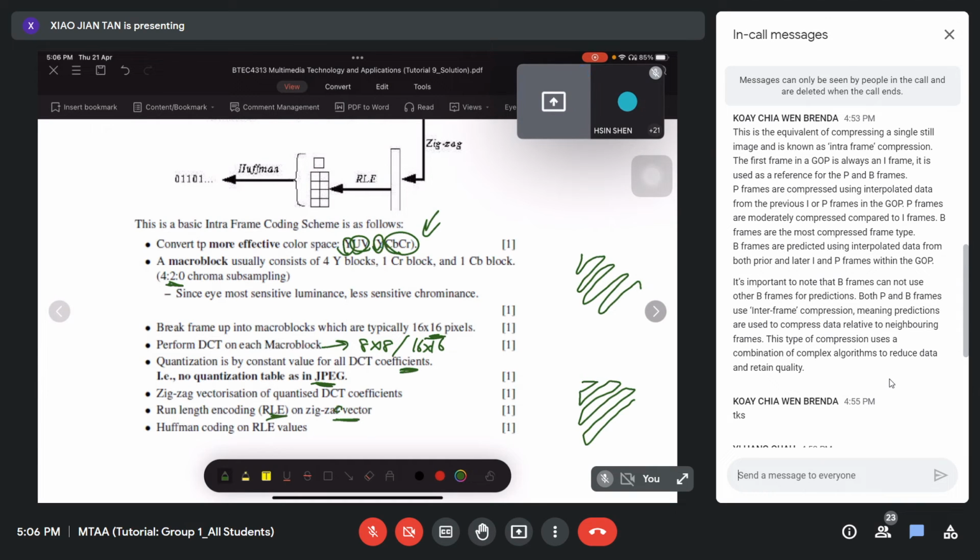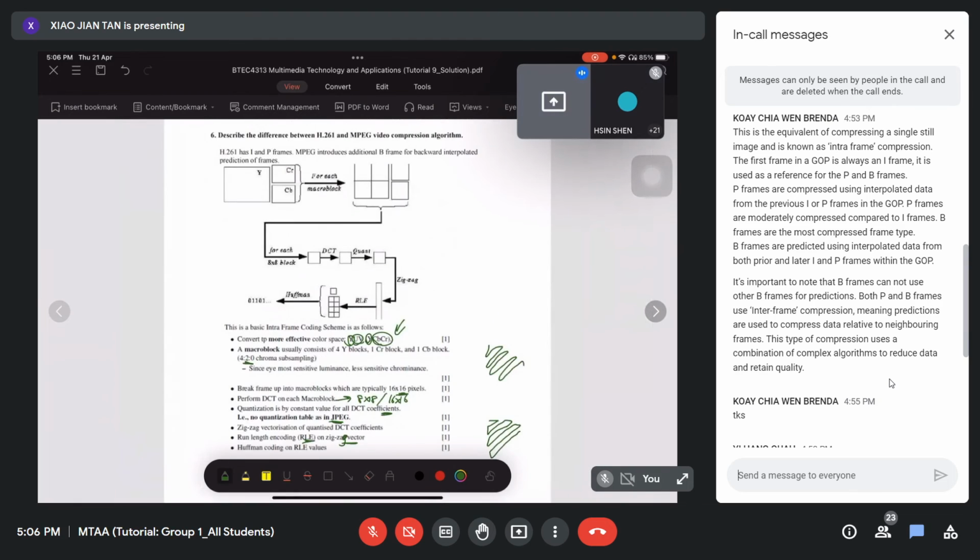This is the zigzag vector, and then Huffman coding on RLE values. So that would be a bit different only, but more or less you would find that the entire flow